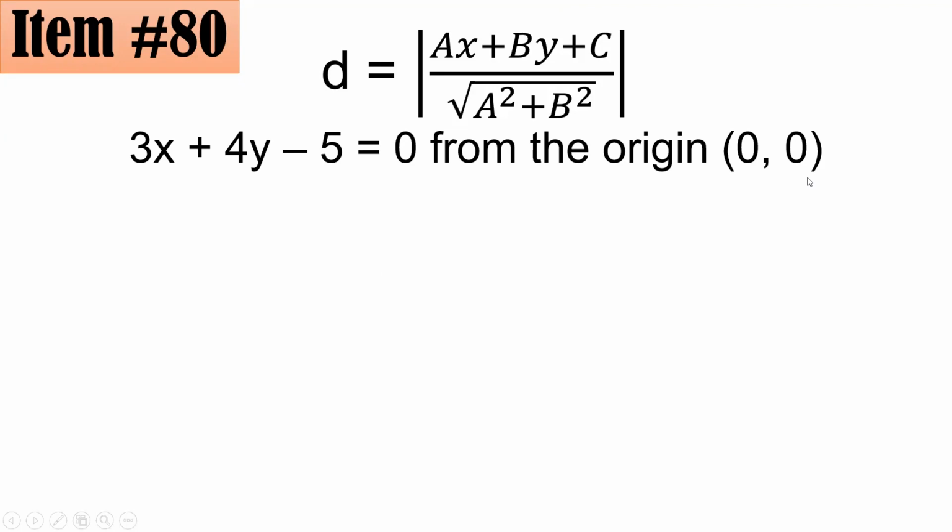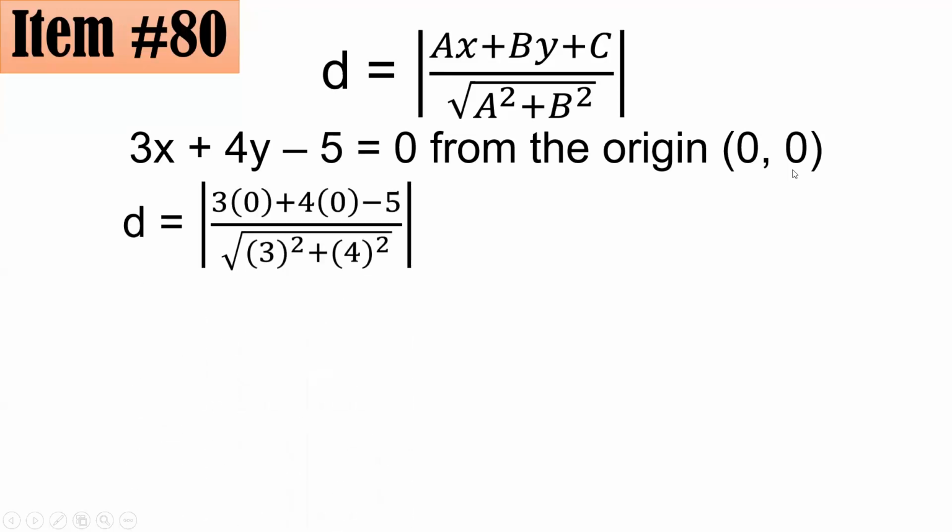It means that 3 is our A, 4 is B, and negative 5 is our C. Then x will be 0 and y will be 0. So, by substitution, D equals the absolute value of the quantity 3 times 0 plus 4 times 0 minus 5, all over